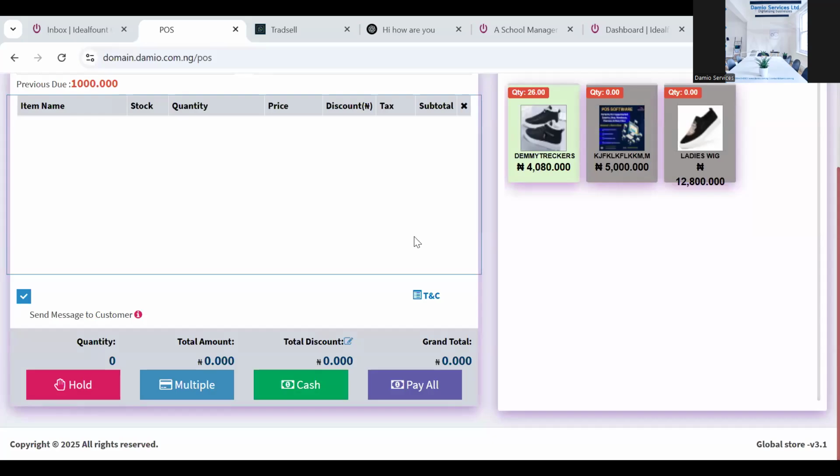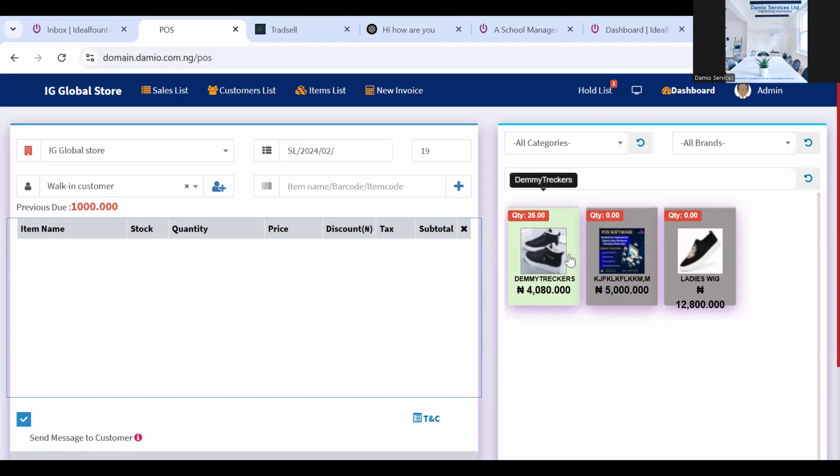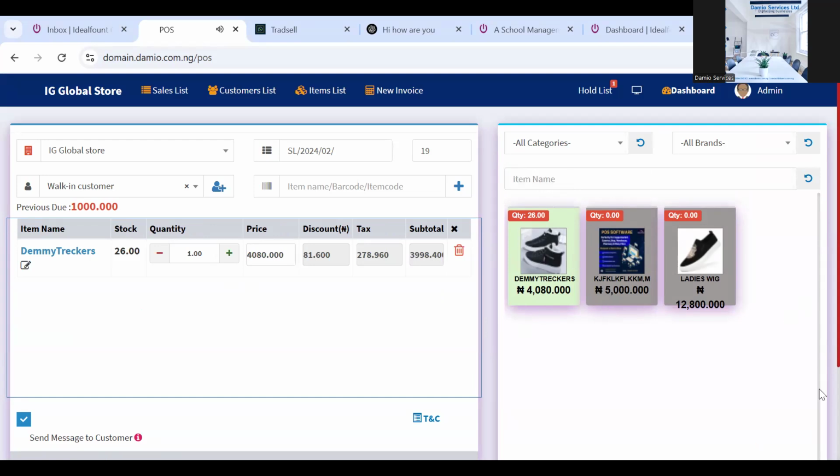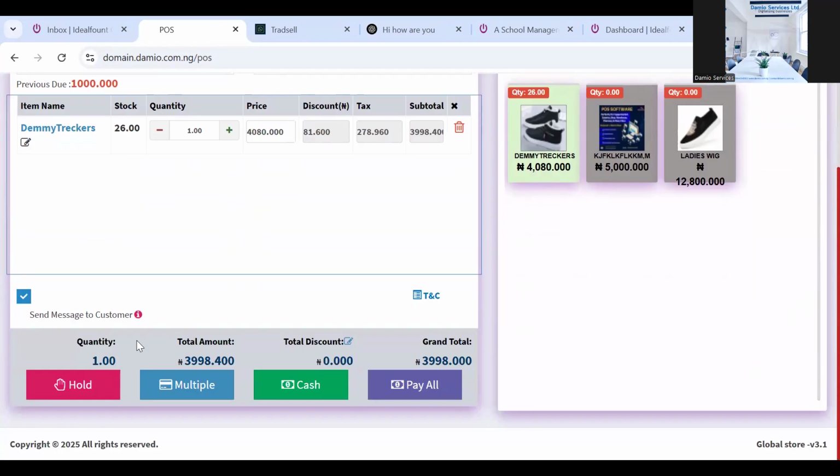So now I want to show you something still. Okay, fine. It was previously 30 stocks, and out of these 30 stocks, I sold 4. Remaining how many? 26 stocks. Yes, I still want to show you something, that I want to sell one out of these 26 stocks, and